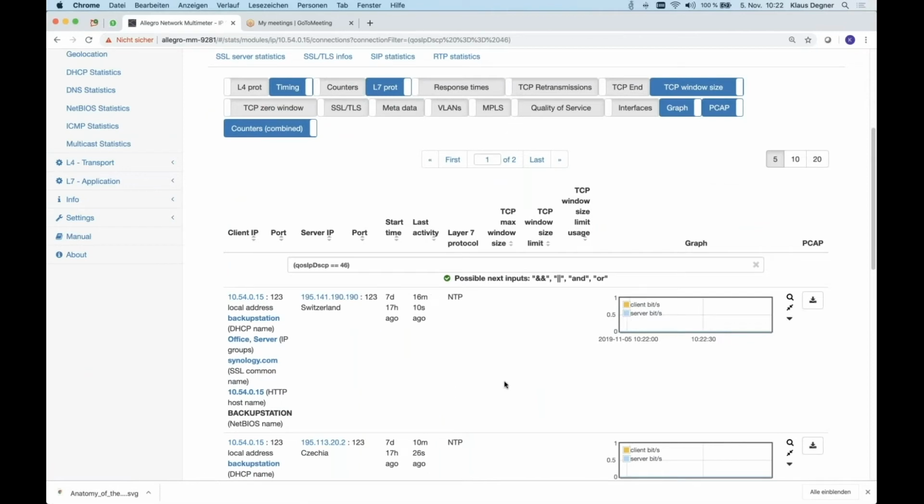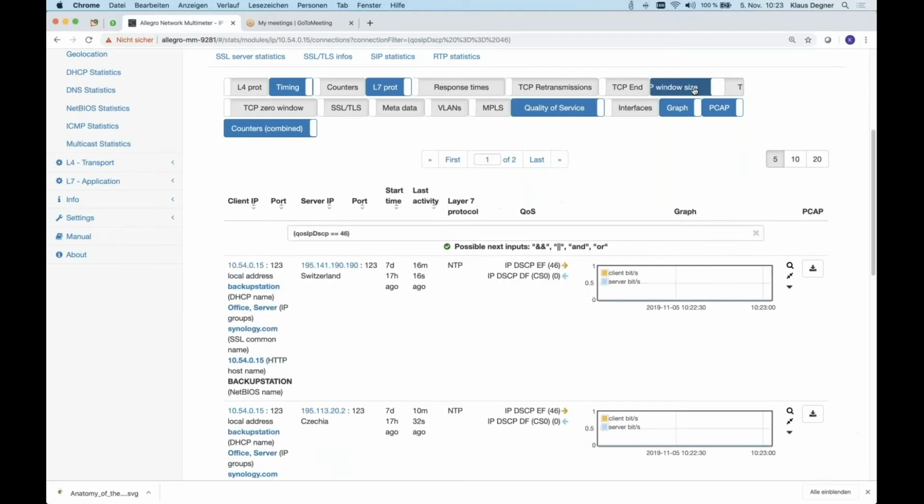What we've seen here is the NTP request, let's enable quality of service and disable the TCP stuff. The NTP request, so getting the time, went out with EF, but came back with, of course, default from the internet. So we even did the lookup, maybe to Switzerland here, which is useless, of course.